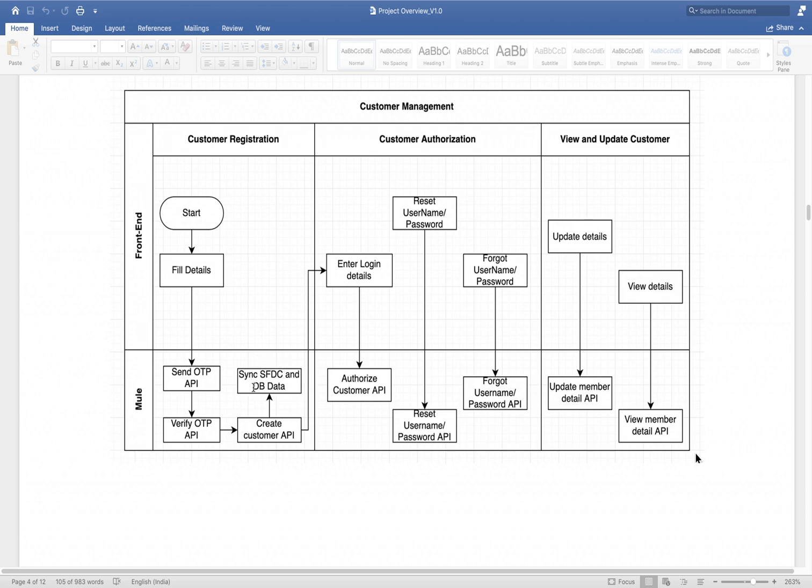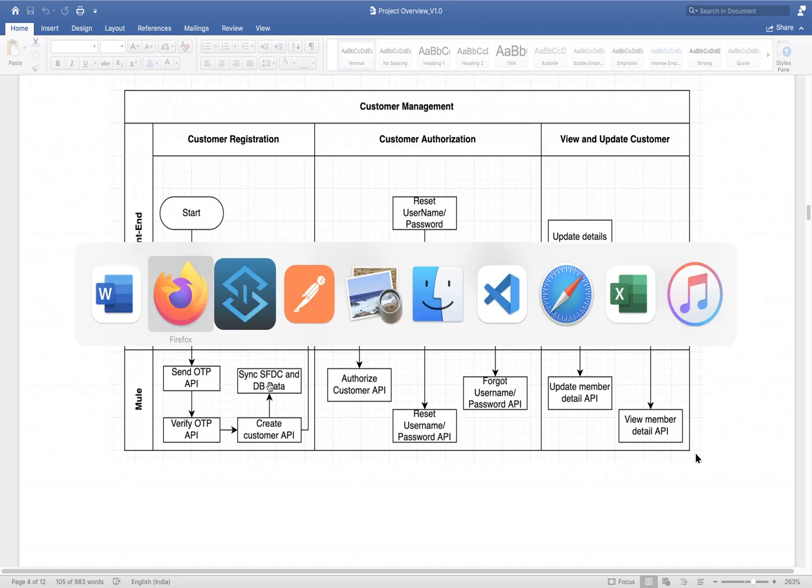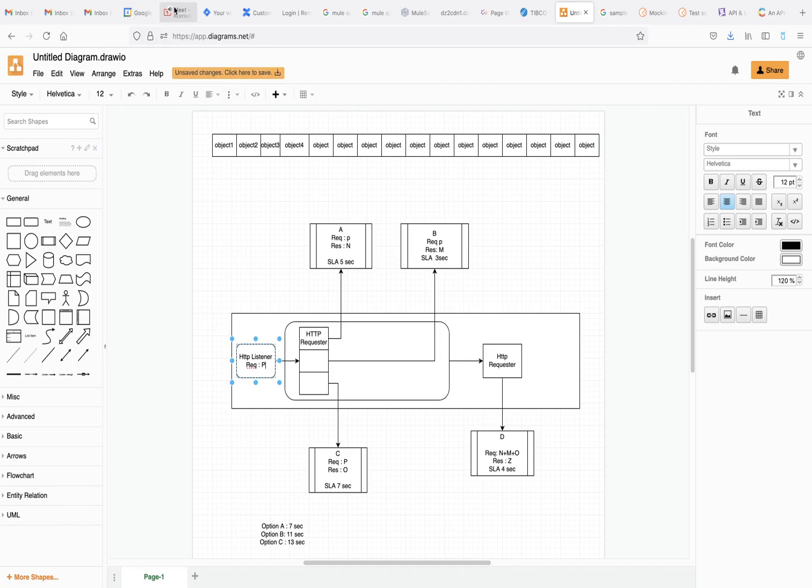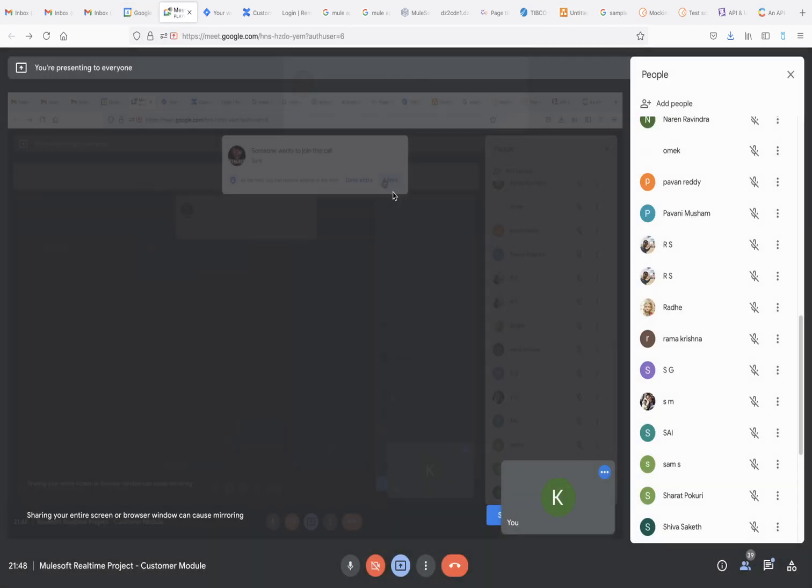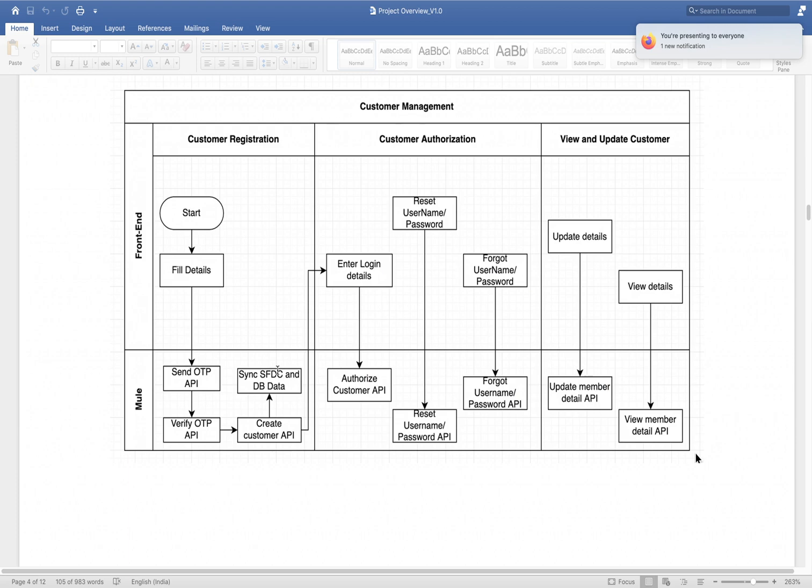So this one is the scheduler API. This scheduler API will sync data from Salesforce to the database.